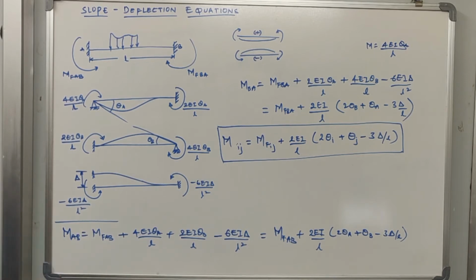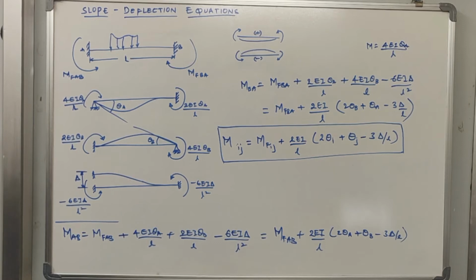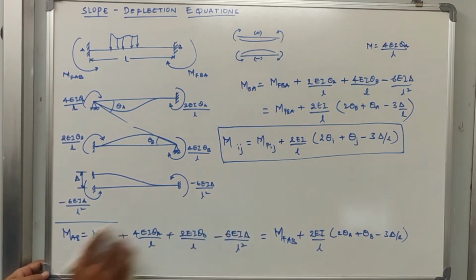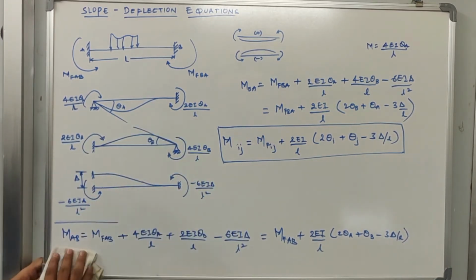This is the theory part of the slope deflection equation. In all the previous videos I explained to you what is kinematic indeterminacy and static indeterminacy. I explained the principle of superposition. I briefly discussed all the basic details that are required to analyze any given beam, okay. Now I'll quickly start solving the problems, okay. So I hope you all have written this, okay. I'll erase this part now.